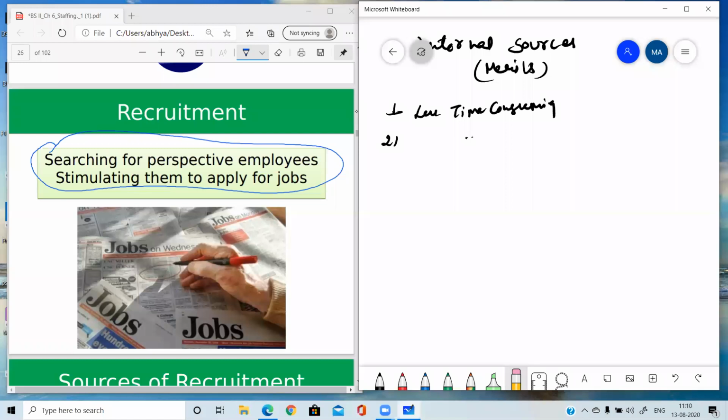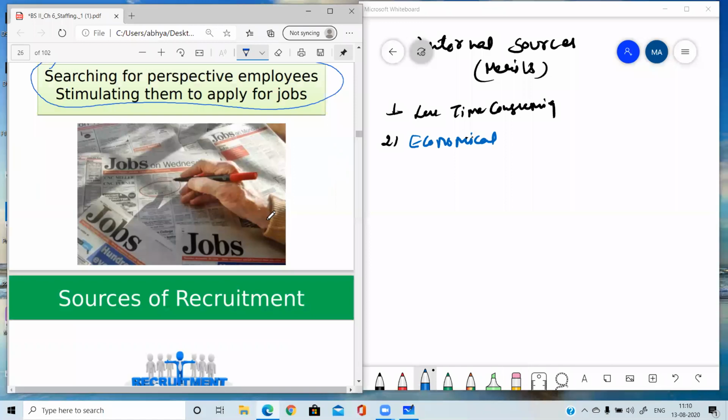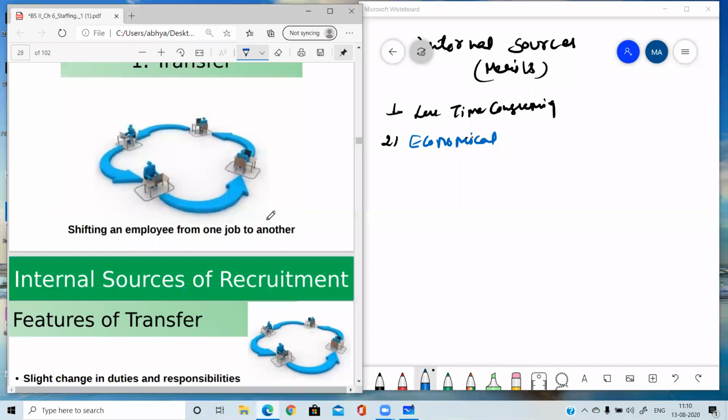Yes, this is the correct point, economical. Why economical? Because we need not spend money. Suppose we want to take employees from the outside organization, then we need to give advertisements in the newspapers, or we have to follow the complete process,